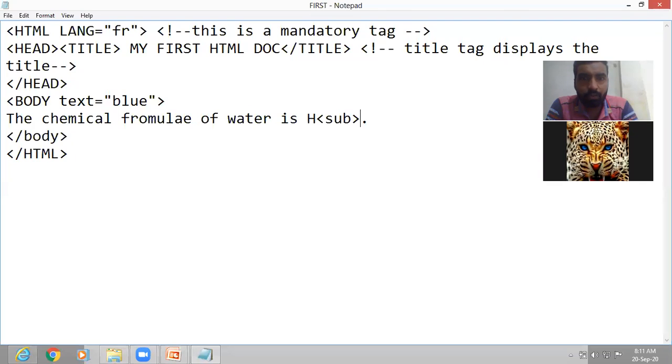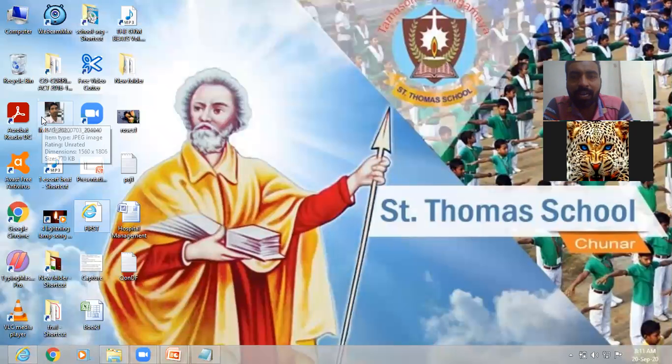Then write 2, then close the subscript tag, then write O. Okay. Now let us execute this file, and then you will see H2O will come, and in that 2 will appear slightly below the line.